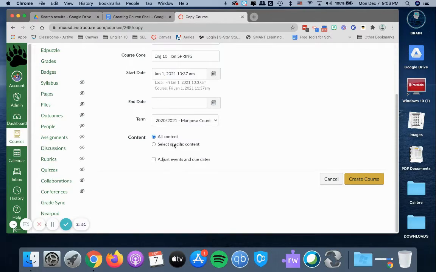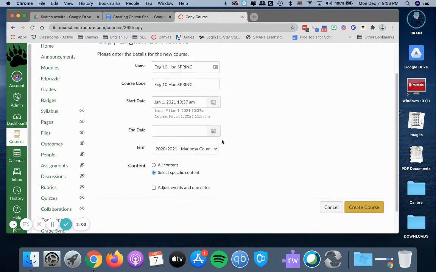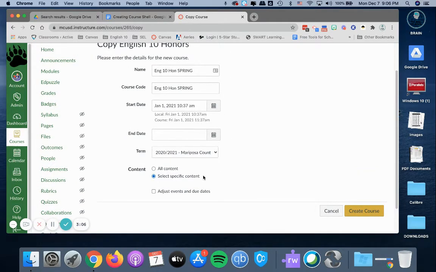The other option is to select specific content. By selecting specific content, you can choose what you want to have come over into your new course, which is what I am going to do, is select specific content. So once I have my details entered and I have checked off select specific content, I'm going to go over